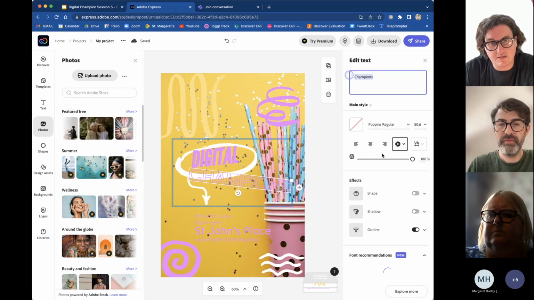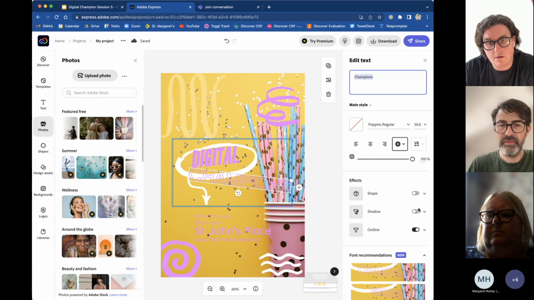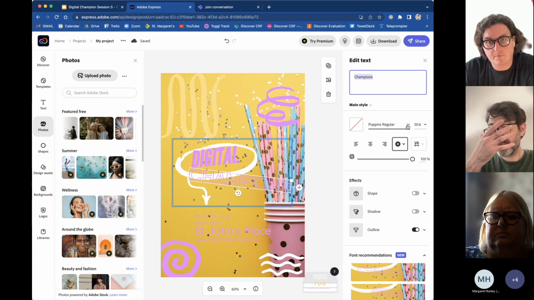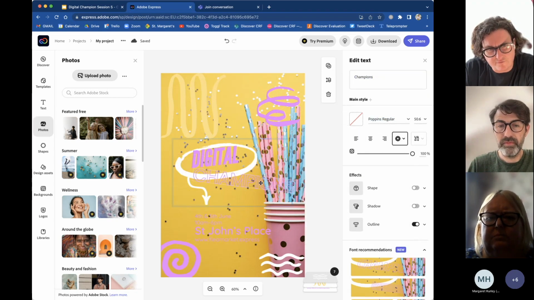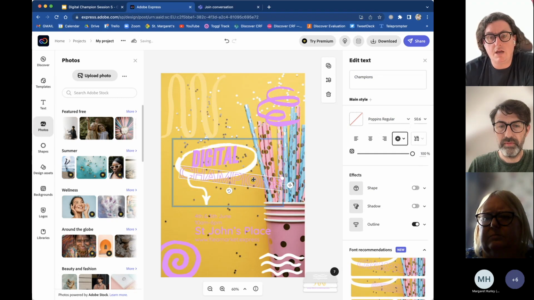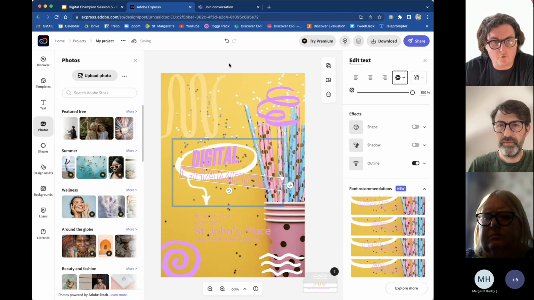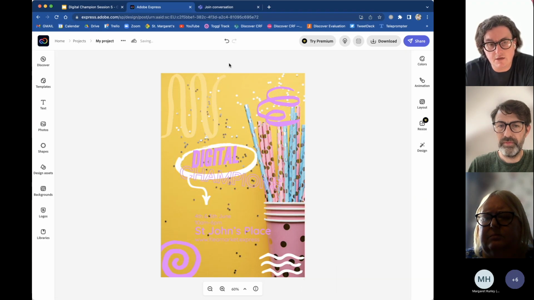Maybe this champions needs to change color or change the size or the font. Can we read it very well? So you can change everything within this format, and then when you're ready, you can share it or you can